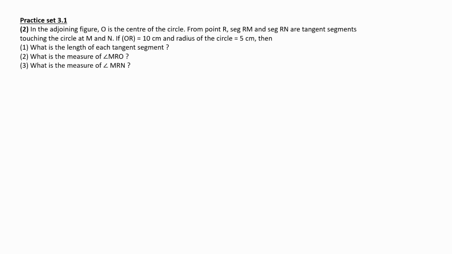Practice set 3.1, sum number 2. In the adjoining figure, O is the center of the circle. From point R, segment RM and segment RN are tangent segments touching the circle at M and N. If OR is equal to 10 centimeters and the radius of the circle is equal to 5 centimeters, then first, what